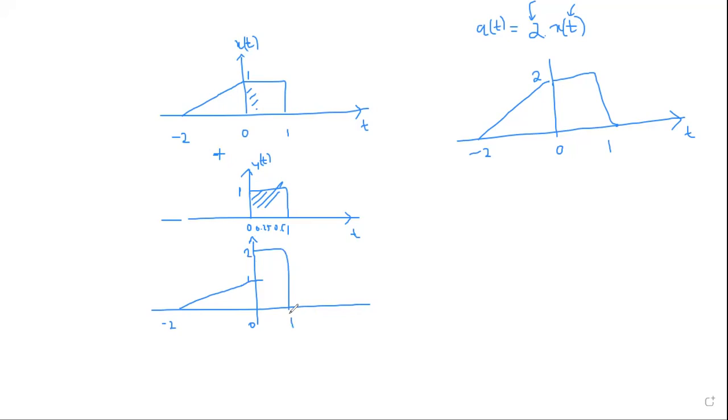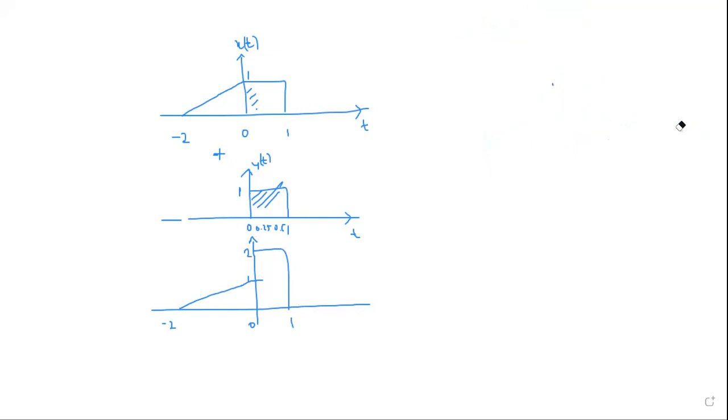What if I subtract? Can you tell me how it is going to look? What if I subtract x of t minus y of t? So x of t minus y of t, will somebody tell me what sort of signal am I going to get? We are going to get only a triangle. We are going to get nothing other than a triangle. So what's going to happen? From -2 to 0, if at all I subtract, this side remains intact, because there is 0. This side entirely becomes 0. Okay. So signals can be subtracted.